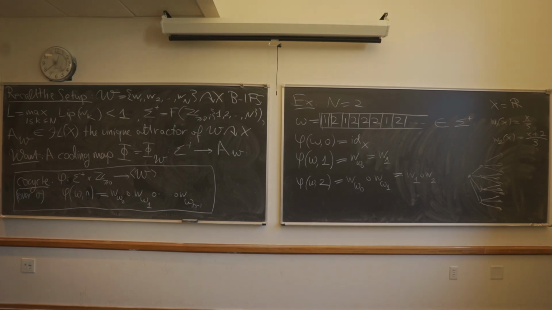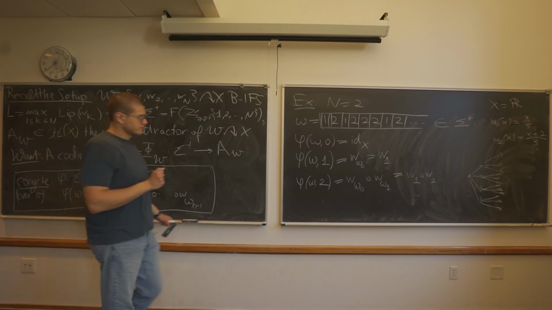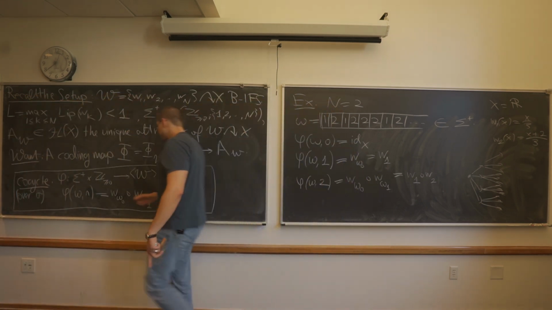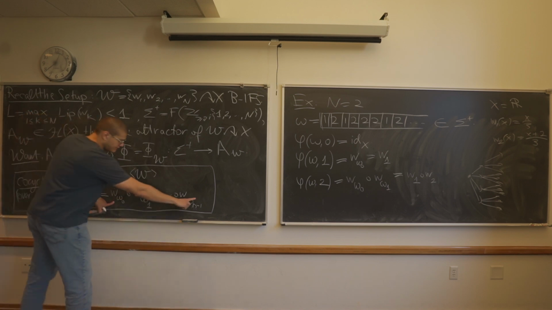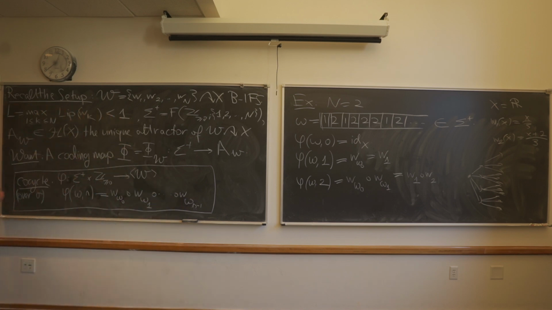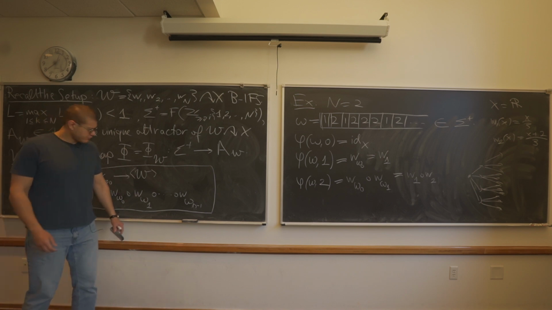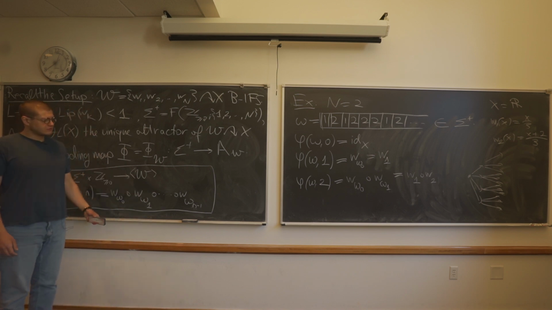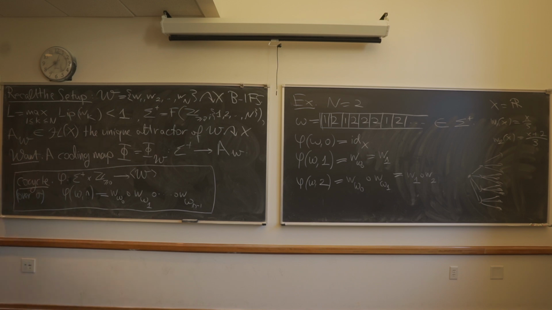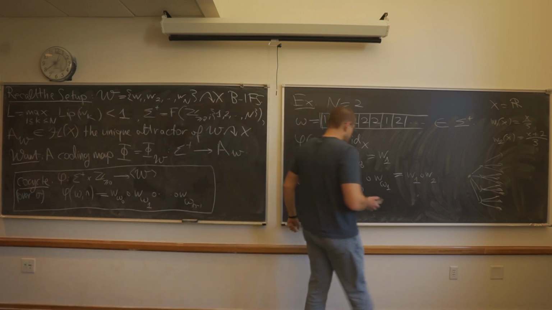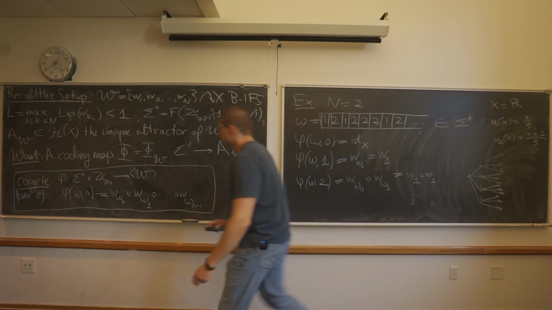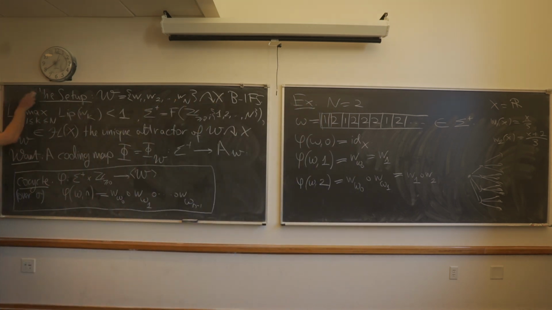Any other questions? Now, let me mention one thing. Certainly, if I were to fix a sequence and an integer, this certainly has an element in the monoid generated by W. In particular, some of you have done this in previous reports. This is a composition of contractions. In particular, this itself is a contraction on X, which means that for any omega and n, there's a unique fixed point. Okay, I'm just going to write it here. Remark.